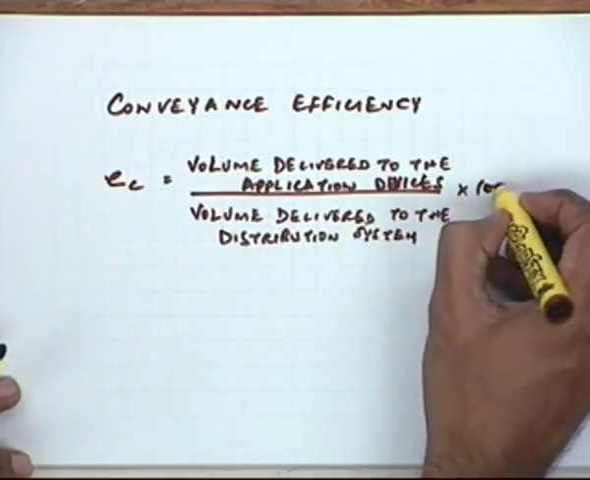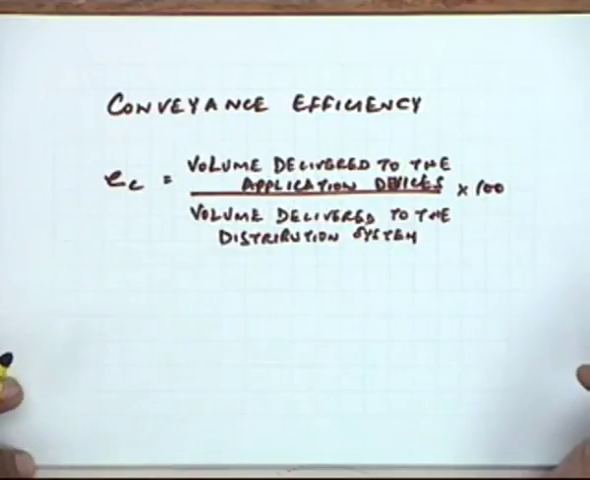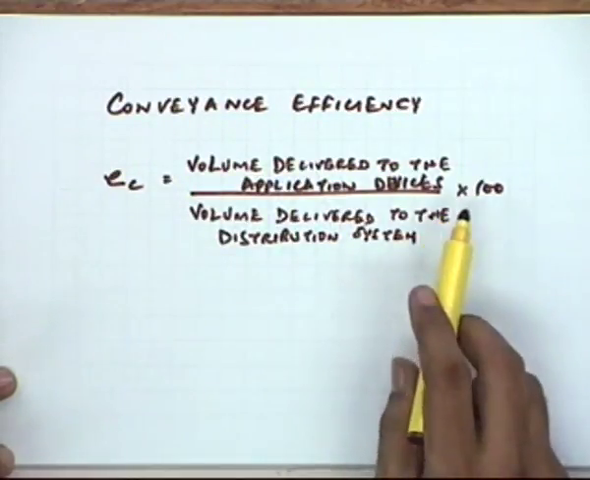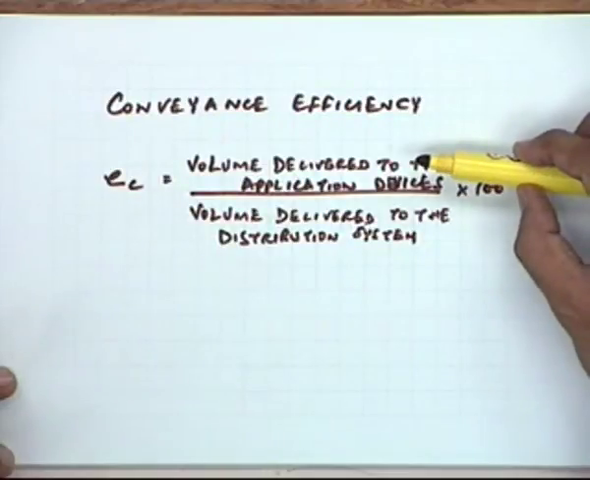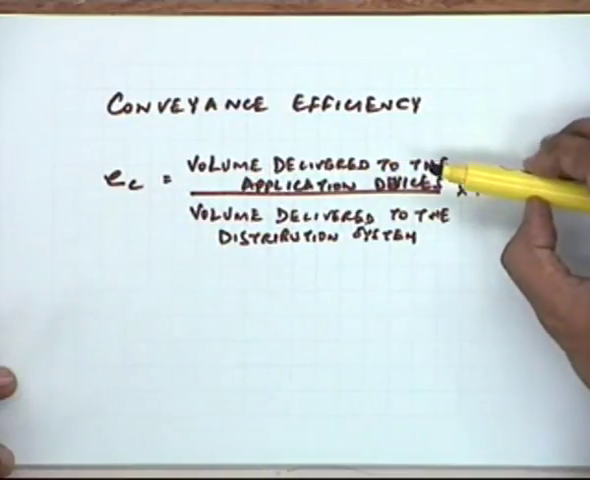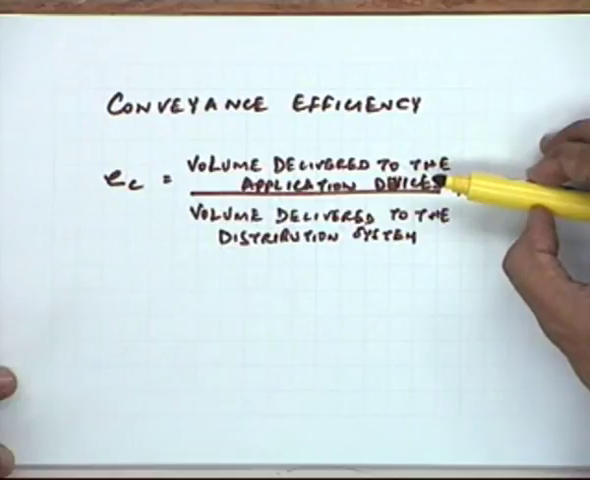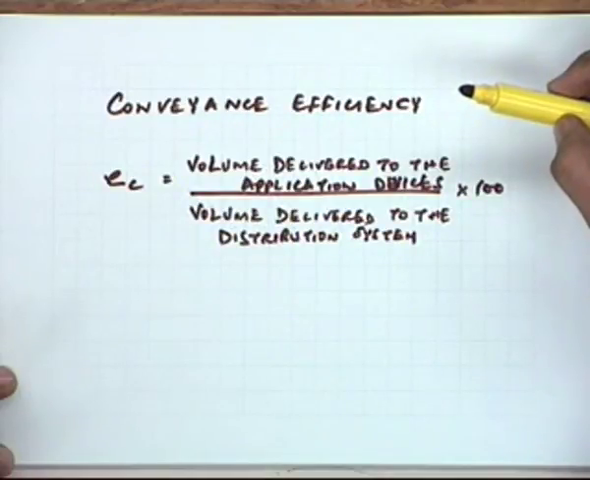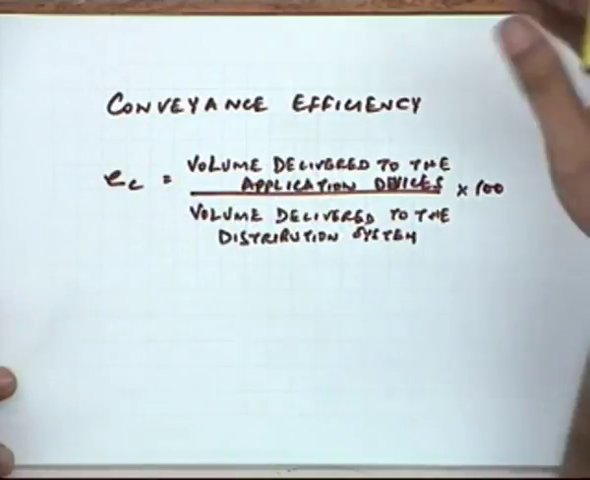And 200, because you express these efficiencies in terms of percentage. All these efficiencies are expressed in terms of percentage. So in this case now, the volume which is delivered to the application devices. Now application devices is a general term used intentionally here. These application devices can be in some case, in the case of